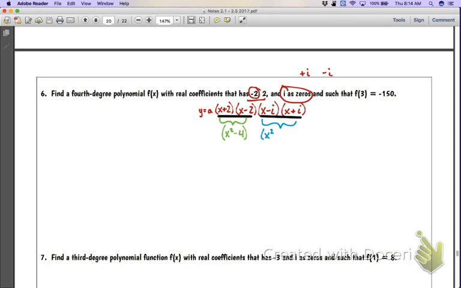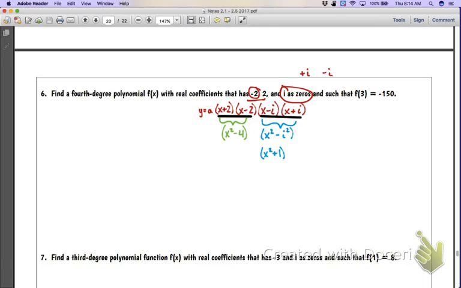What's going to be negative i times positive i? Negative i squared, right? What is i squared? Negative 1. So what is the negative of a negative 1? Plus 1. So I really have x squared plus 1